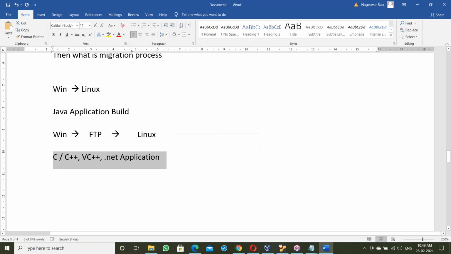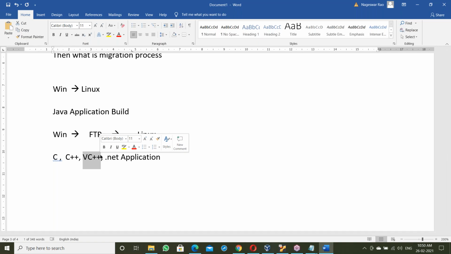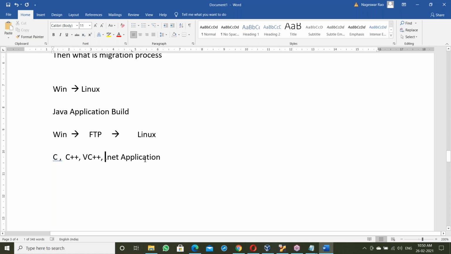Before Java, in the 90s we had C and C++ applications, and VC++ was very famous. Before Java, VC++ held the top position in the market for developing applications. Later came .NET, from Microsoft. So what is the migration process for these?